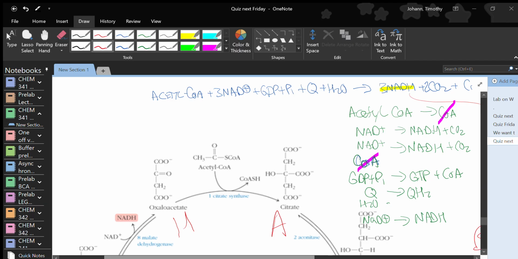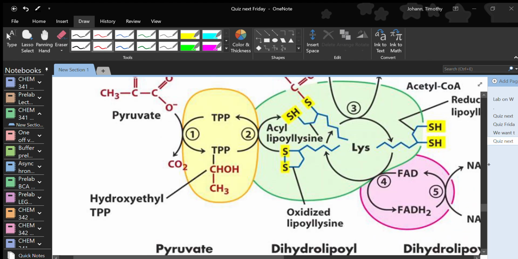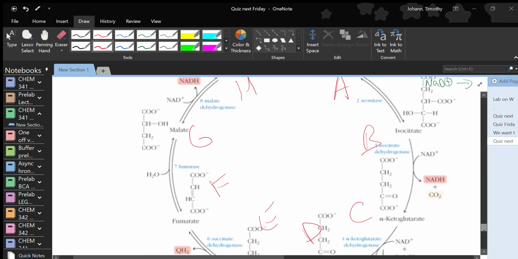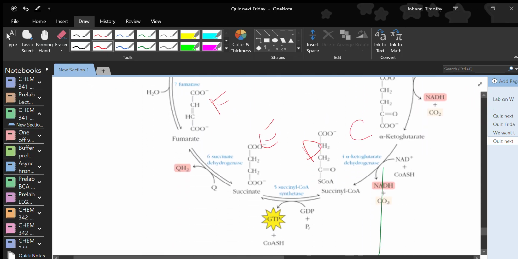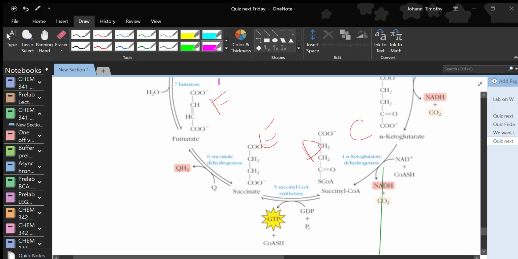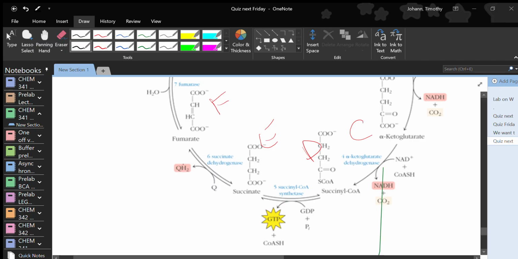All right, let's talk about this ubiquinol then. What do we have for a figure here? We're going to go down this little bit. All right, right here we have this ubiquinol. Depending on what citric acid cycle you've learned before, you might have learned that FADH2 is made here. And in fact, it is. And so depending on your figure, but FADH2 never leaves the enzyme, right? So it can't go to the electron transport chain. So what's going on here, if we want more detail,